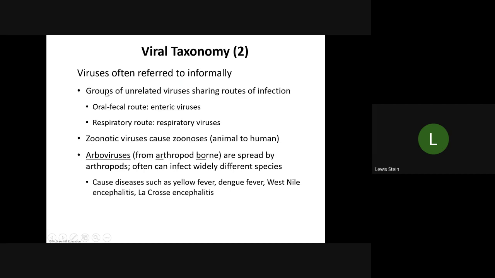So this is another category, and you're even going to see that some of these categories have subgroups. One is going to come up in RNA viruses, where we have to subgroup them into those that are spread respiratorily and those that are spread enterically. So when we talk about this, groups of unrelated viruses, unrelated is the watchword, fecal to oral, just what it sounds like. Something is passed in feces,